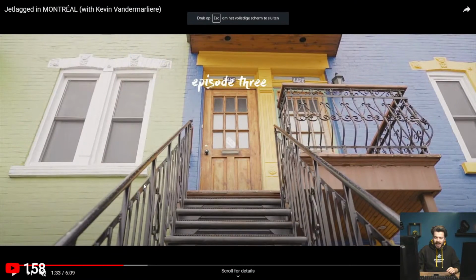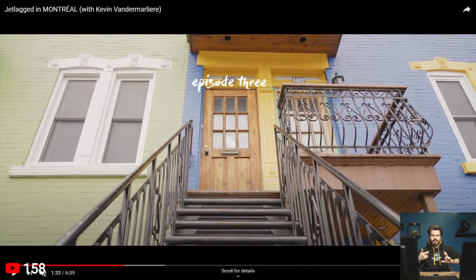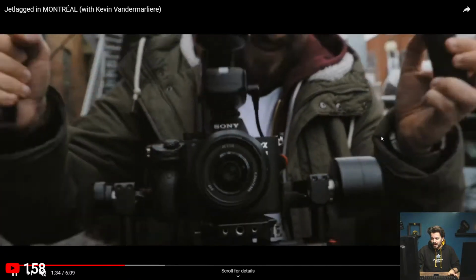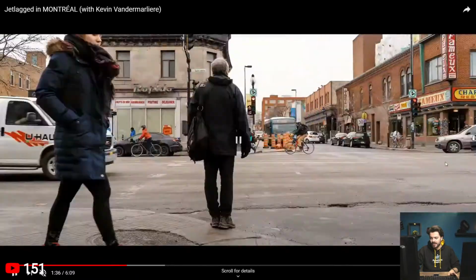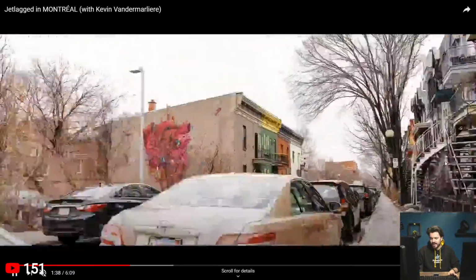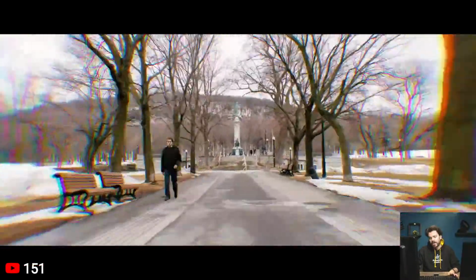I'm gonna show you a time lapse or hyperlapse that I've made in Canada, and I was doing this with a Ronin gimbal, the Ronin M. I was just holding it, putting my camera on a timer, so it shot a picture I think every 2 seconds or something, and I just walked forward. But I'm actually not that good with hyperlapses and time lapses. I didn't have a lot of experience with it, so this was how I was walking around. As you can see, I have a timer set up on my camera and just put a cable in it, and that's how I got all of the shots. This was my first one, which wasn't really nice,